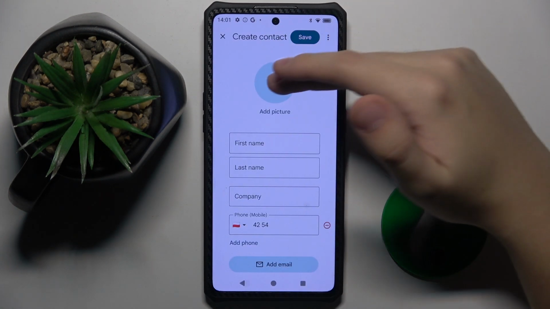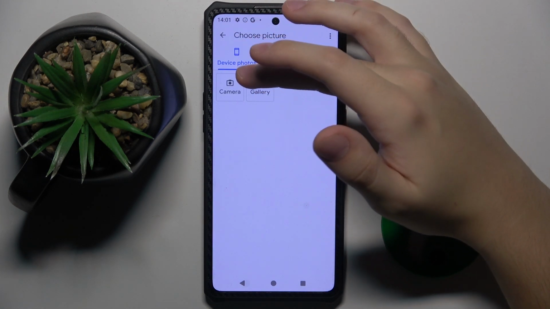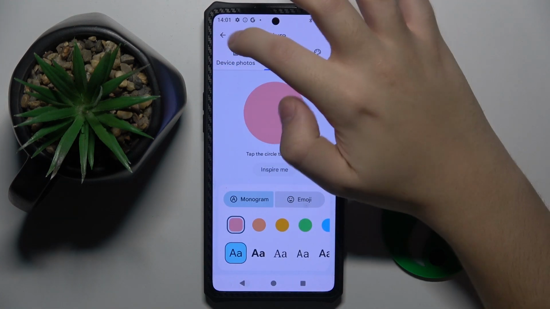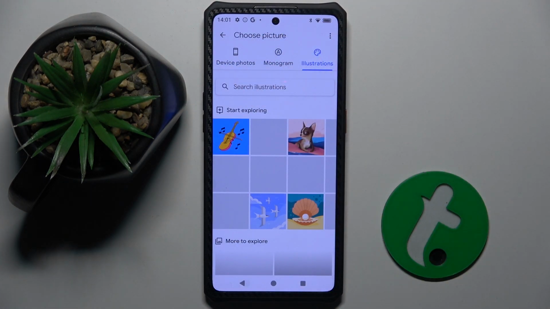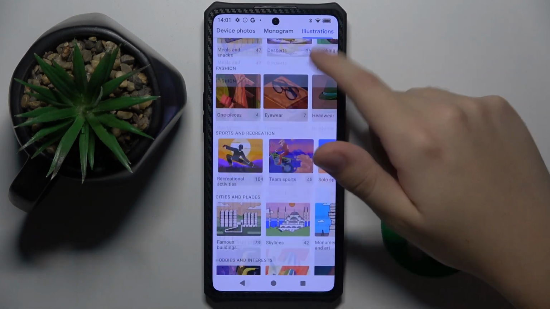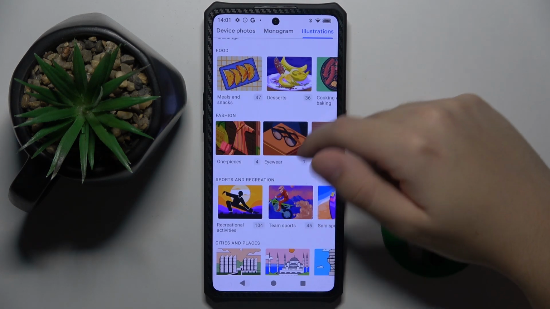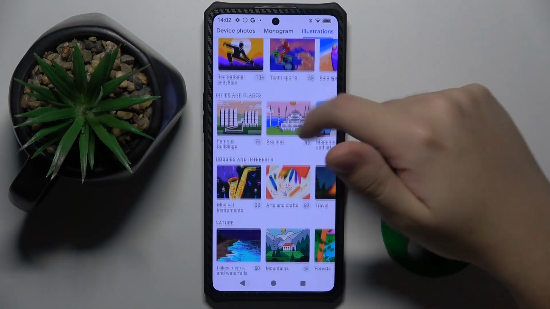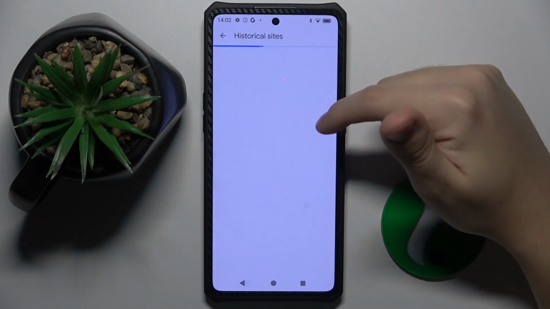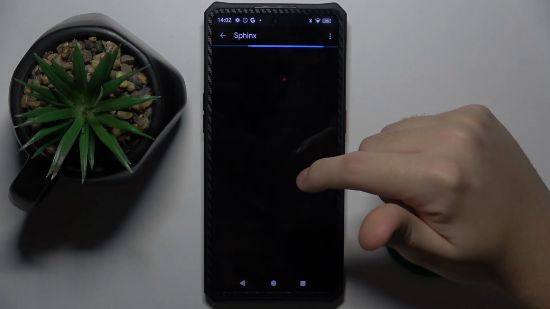Right here we have a picture option where we can choose from our gallery. We can take a photo with our camera. You can just set a monogram, or you can choose one from Google Illustrations. And I am going to choose, for example, from cities and places. And right here I am going to choose historical sites. And I think that's going to be okay for our